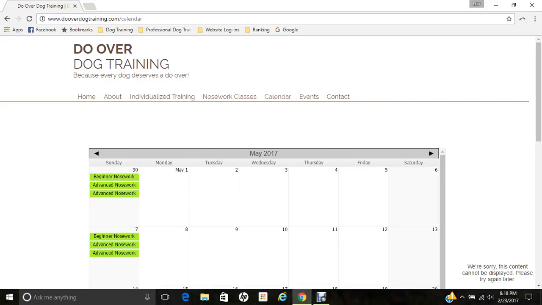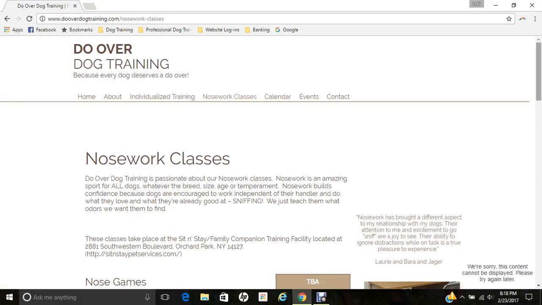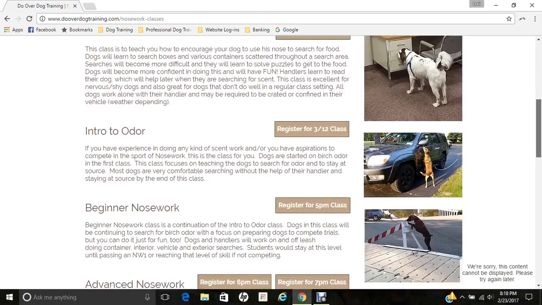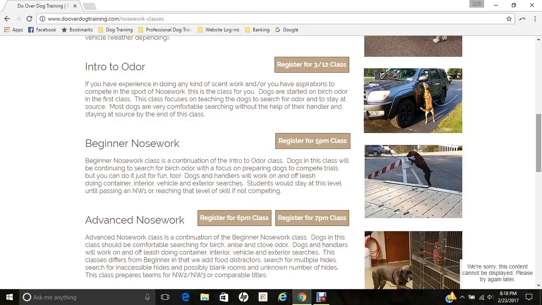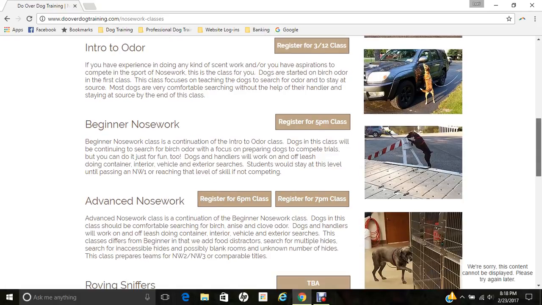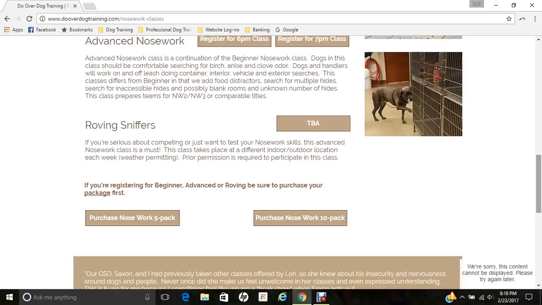All right, here's the most important page, the Nosework Classes page. I'm going to click on that. You can see all the information, descriptions of classes. I'm going to skip by these register buttons for now. You can see I'm putting my cursor on them because they're getting from light brown to dark brown. But I'm going to go down to the bottom and show you guys the packages first. So we now offer 5 packs and 10 packs. I'm going to click on the 5 pack,